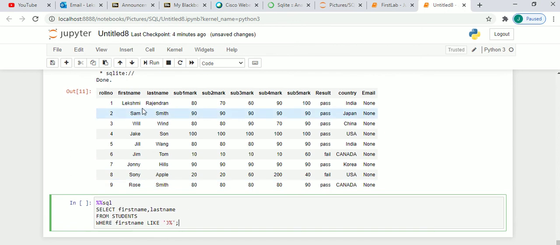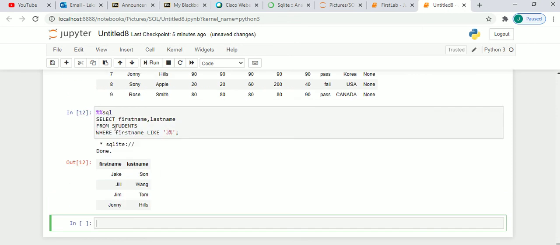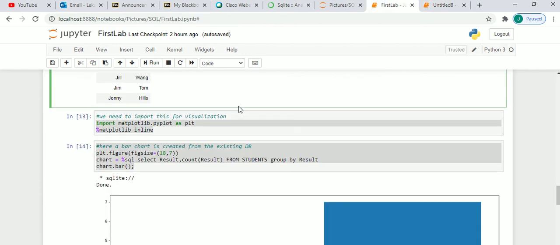Here in this query, it is basically to find all the first names and last names starting with J. So let's see the output, because we used select. Now you can see that first names starting with J are available here, and their last names, as we selected first name and last name.